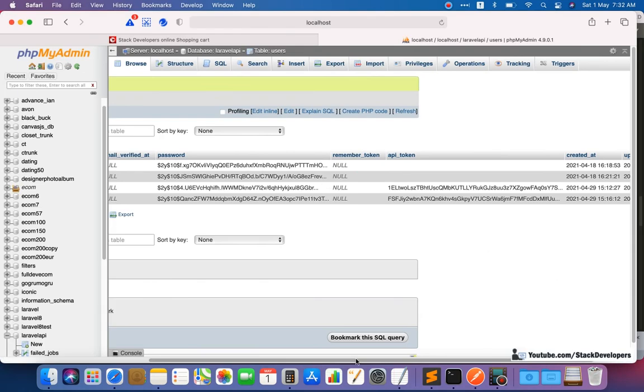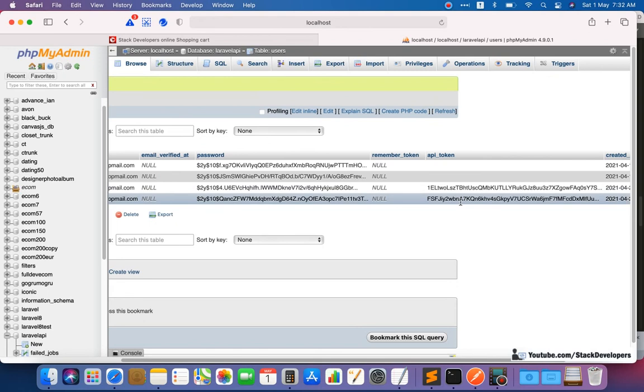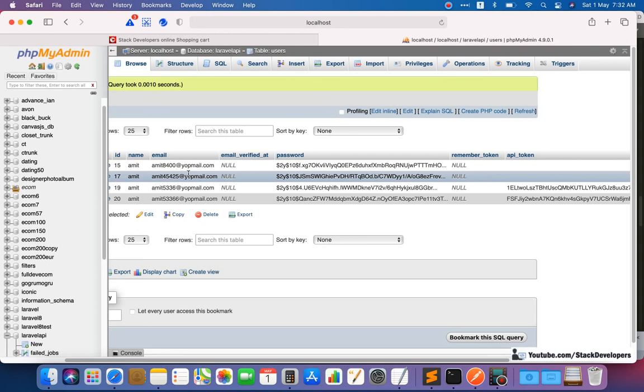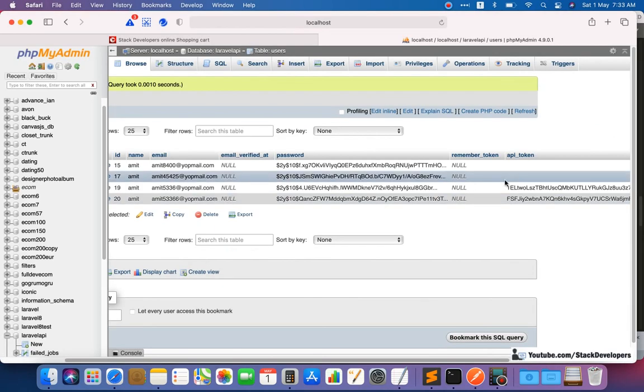Okay, so I hope that this is very much clear. We are able to update the token for the user, and if we log in with some other user who doesn't have a token, we will generate the token. Like for this user, I am going to log in for some other user and click on send. See, user logged in successfully and the token is returned.